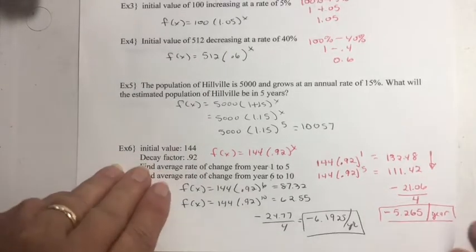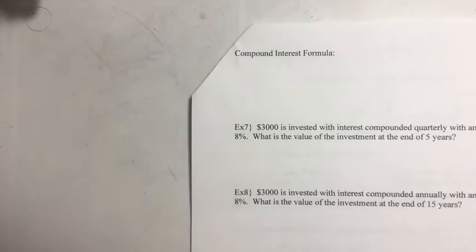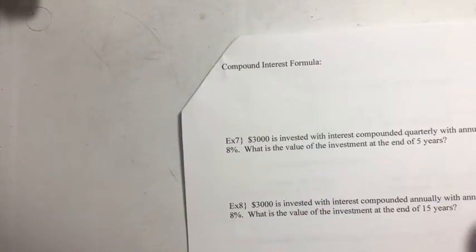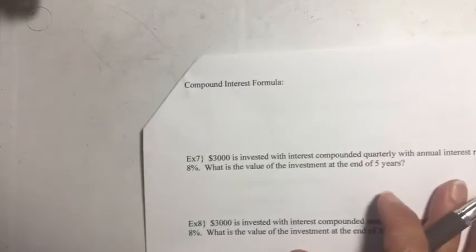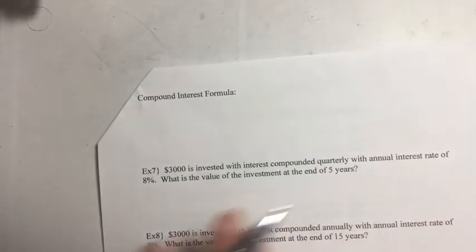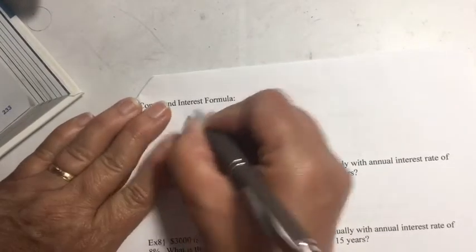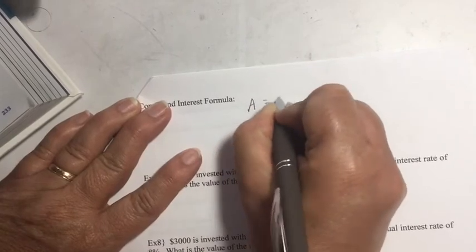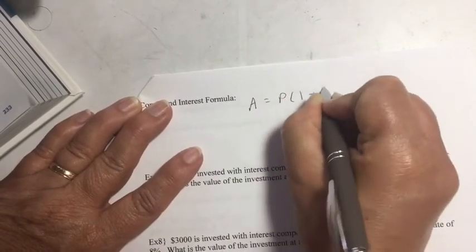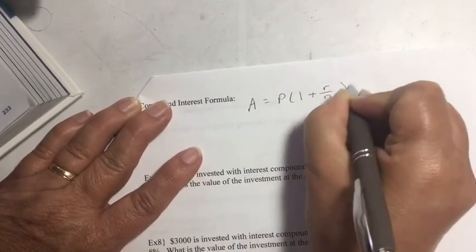Okie dokie, moving on to examples. Oh, first of all, we have to talk about the compound interest formula. Now, compound interest is something that you use a lot in life. Buying a house, buying a car, credit cards, and most people have no idea how that interest shows up on their statement. They just believe the bank. Here's the formula, and you definitely want to write this down, maybe on an index card or something, so that you have it handy